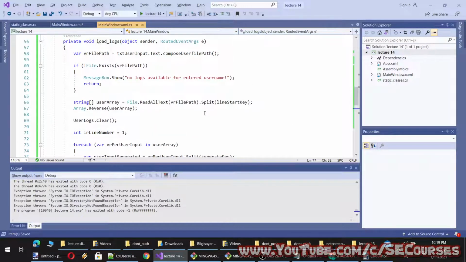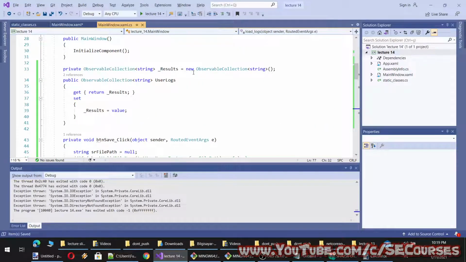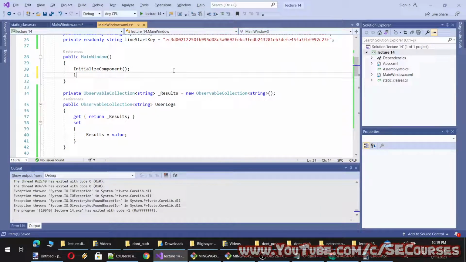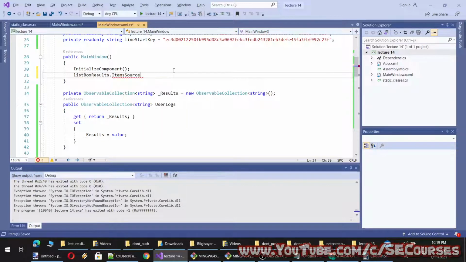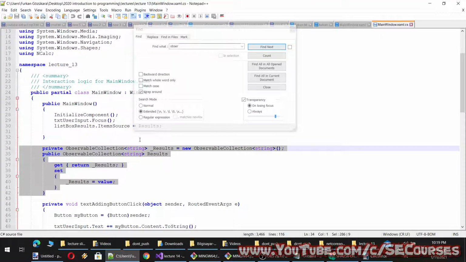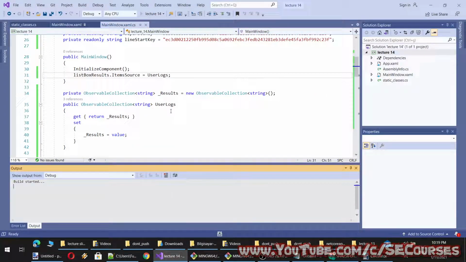So this should work. And since we are using observable collection, it will be automatically updated. And to make it work, let's say item source equal to user logs. Do we remember correctly? Yes. Okay. So let's start.